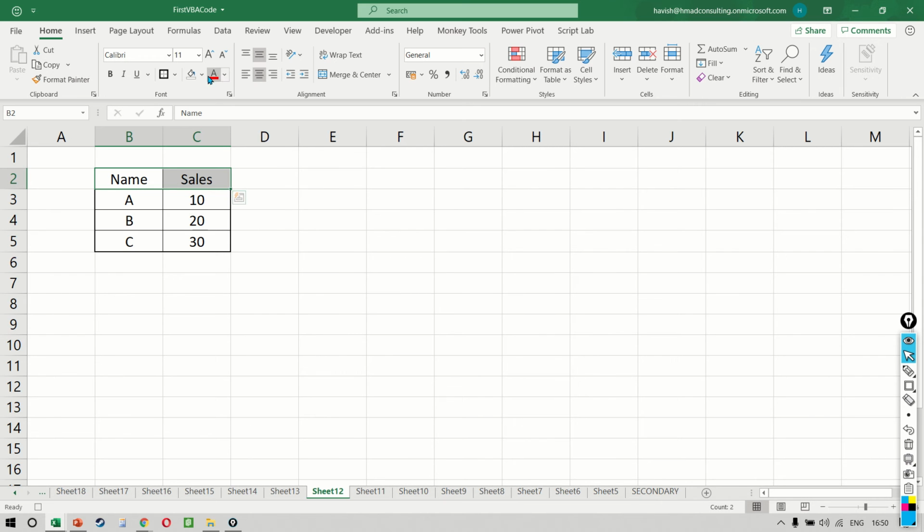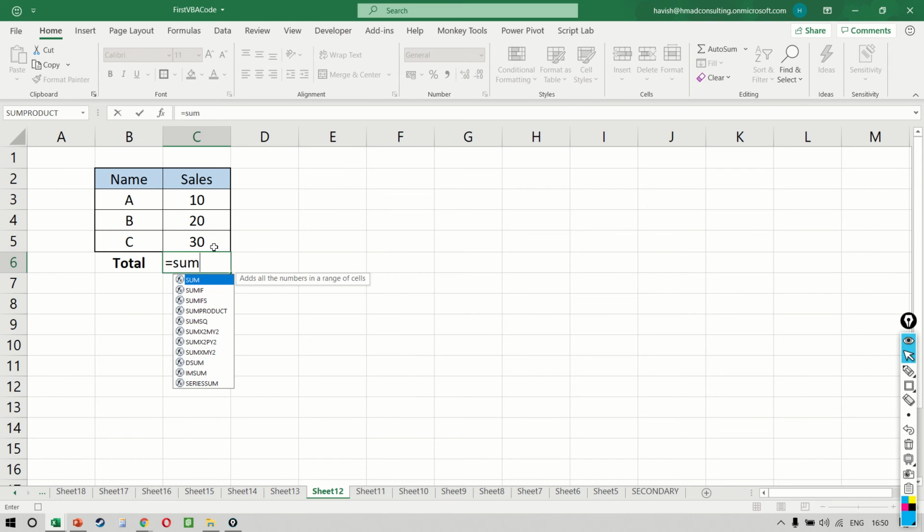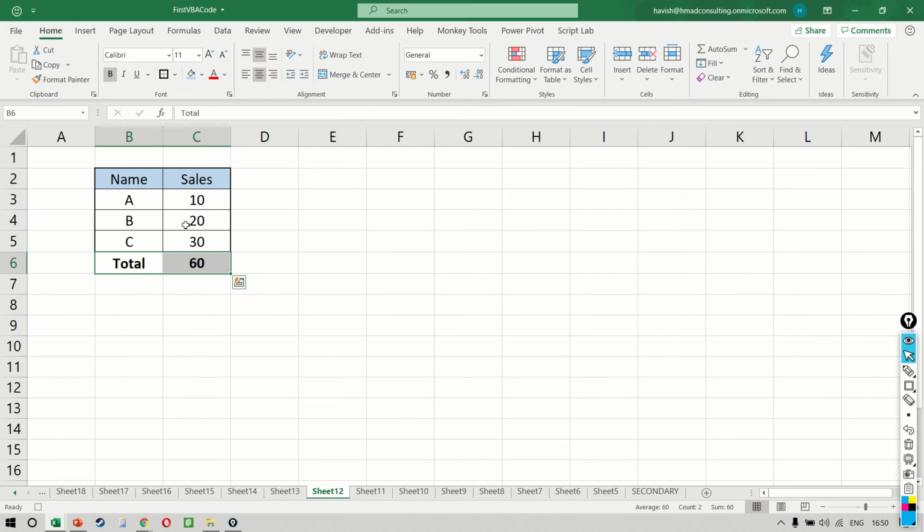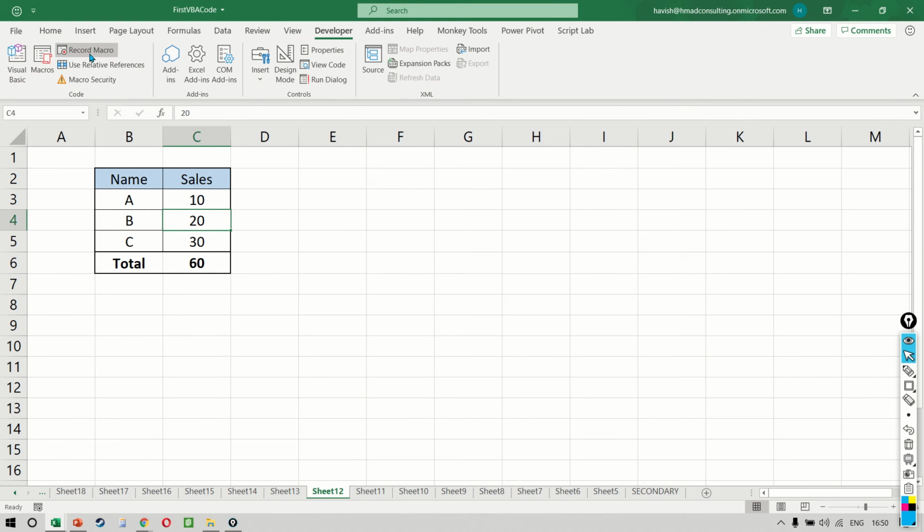I will color the headings as blue. At the end, we will write total. We will write equal to sum of all these numbers. Align it at the center and then put a border here as well. Now, once we've done all these things, we can click on developer and stop recording. And let's see what happens.